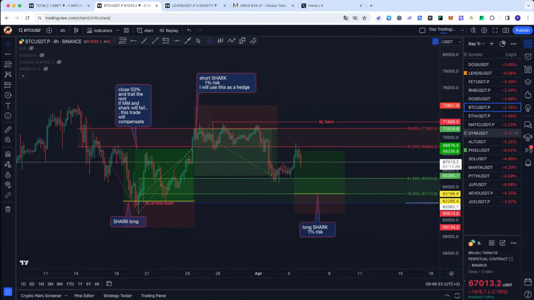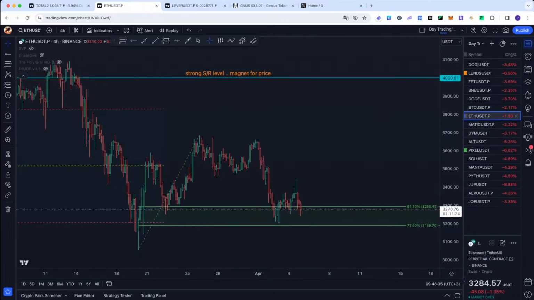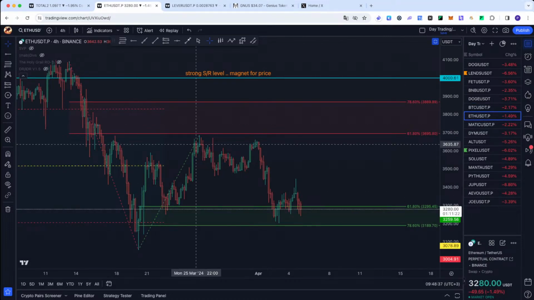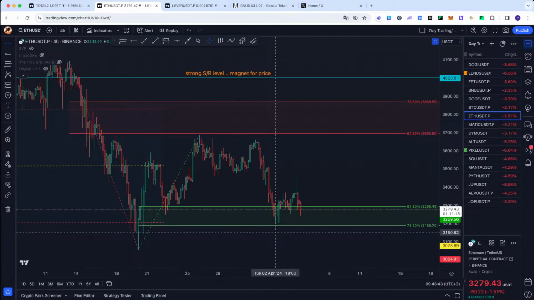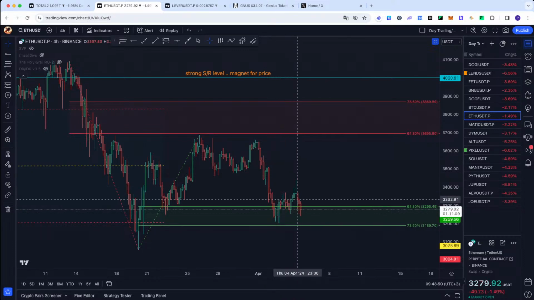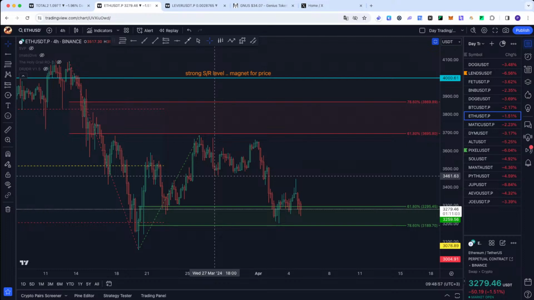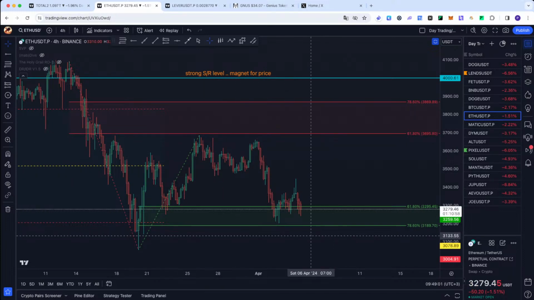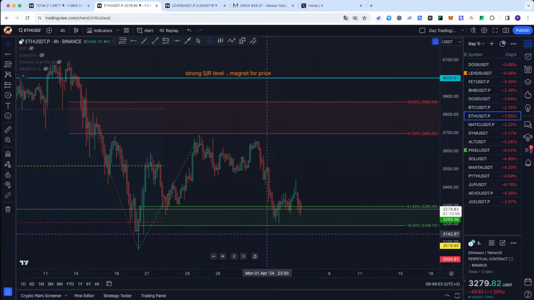Okay, Ethereum. On the 4-hour chart, you can see it's weak. Why? It didn't even manage to touch the short reloads. EM out again, down, bounce from not even 61.8 of the long reload zone, but a weak bounce. You can see an ugly candle here, rejection. We just Wyckoff checked this level, barely. We retested the EM and we are going back down. We need more for a long setup. For a short it's too late in my view.